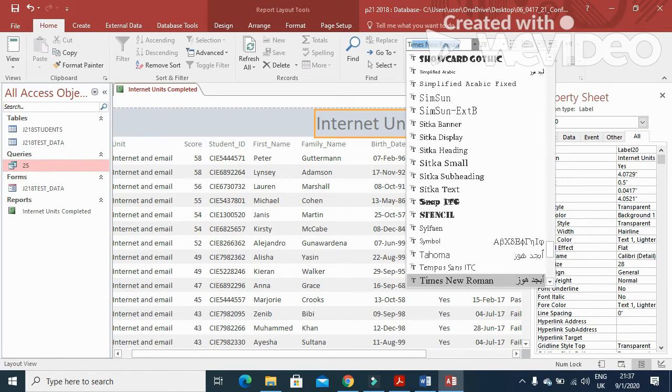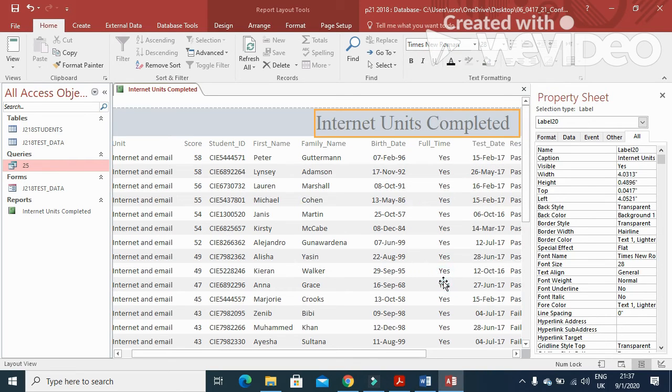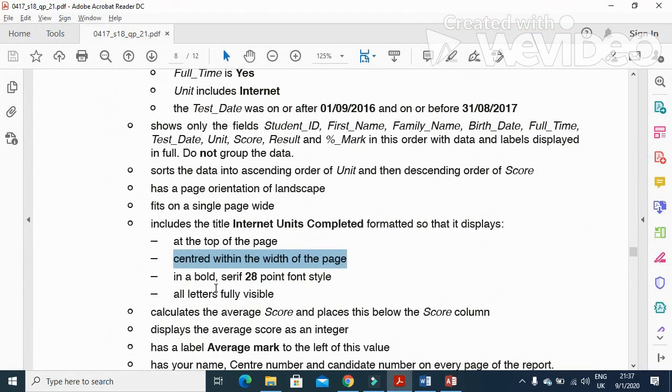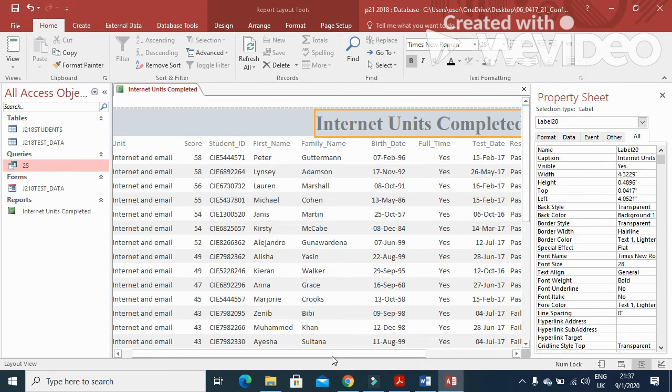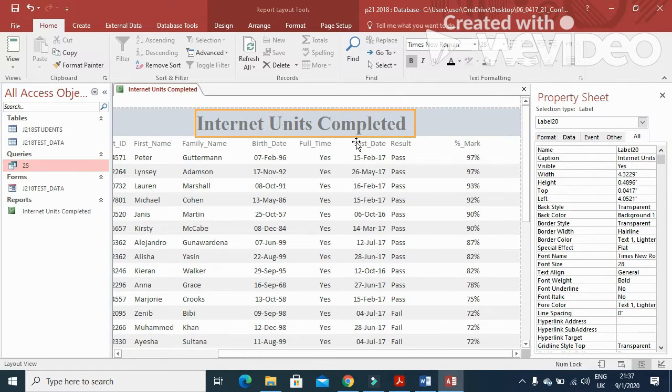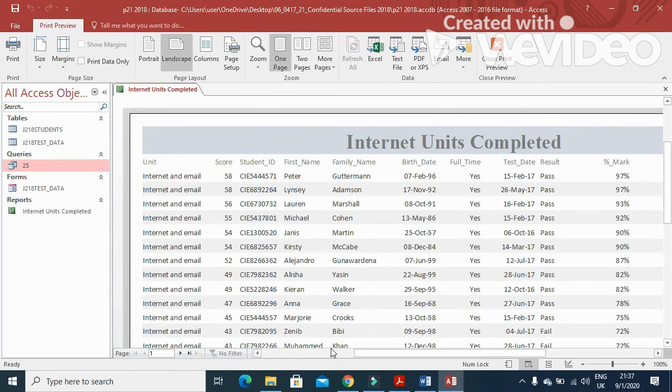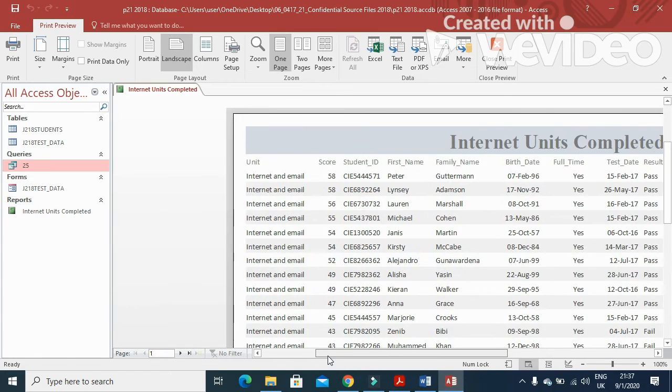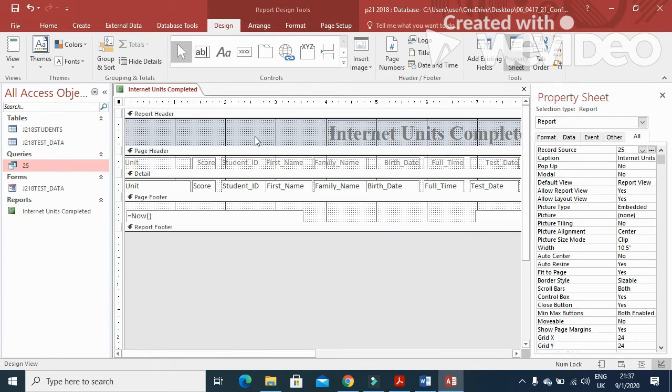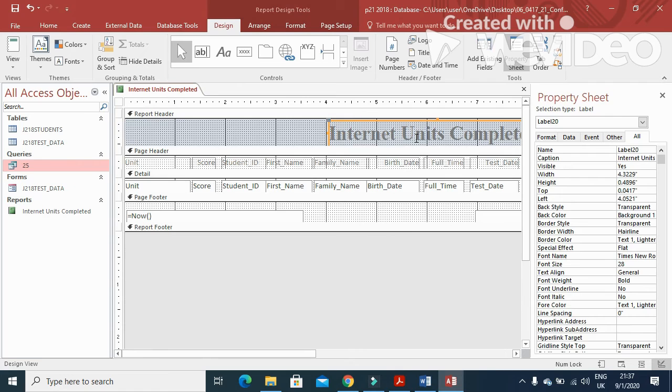So Times New Roman is best example. This one must be bold as well, and all letters fully visible and center line. So we need to check all letters are fully visible. Yeah, you just click on print preview to see how it will look like. Yeah, a little bit towards the left, we need to move it